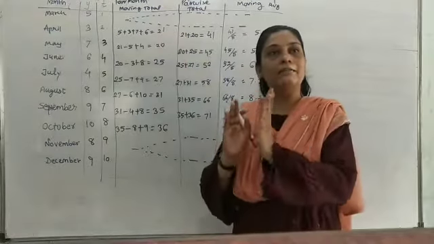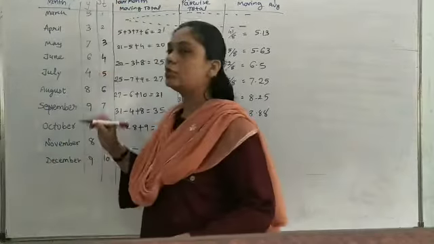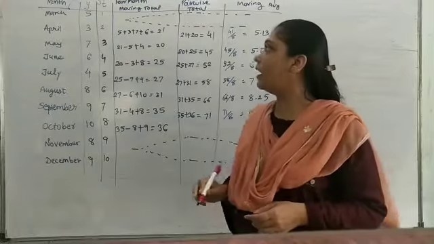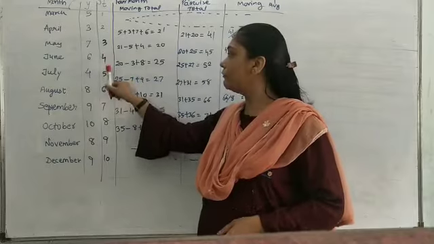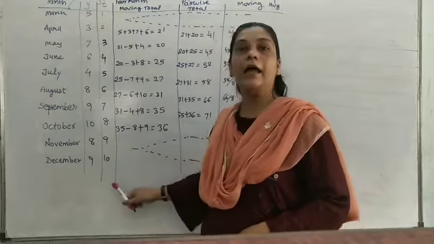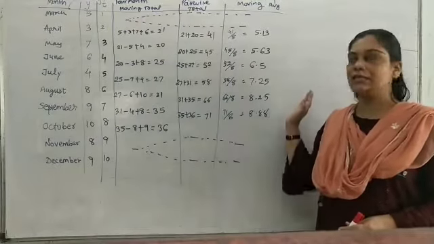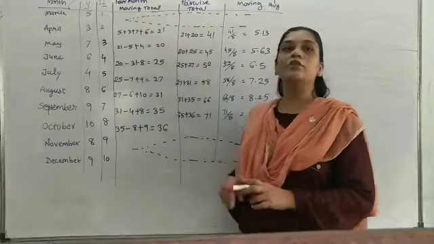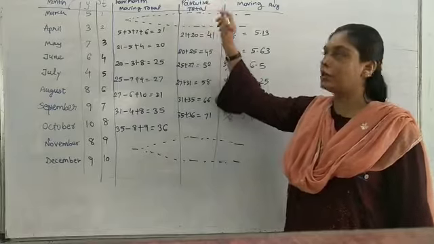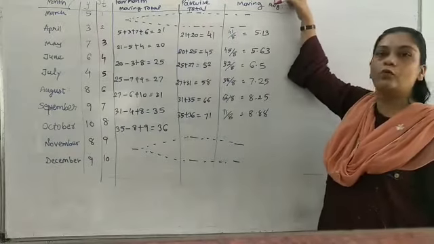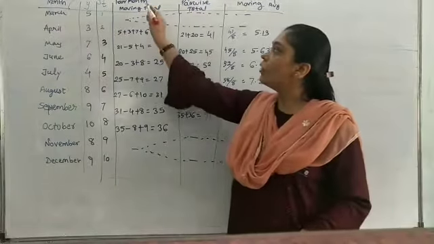So the month time period is going to be converted into T. The first month, March, will be my first month, second month, third month, fourth month, fifth month, 7, 8, 9 and 10. So here you can see students, I need much space on the right hand side where the 4-month moving total is. I need more space, then after that pairwise total, and then after that the 4-month moving average. So these are the 3 titles we are going to learn, and that is the 4-month moving total.